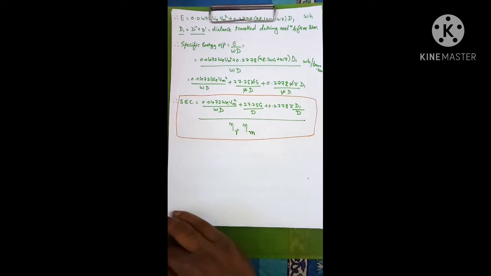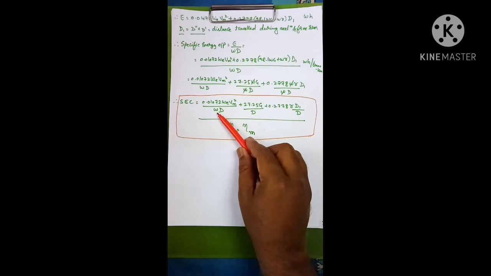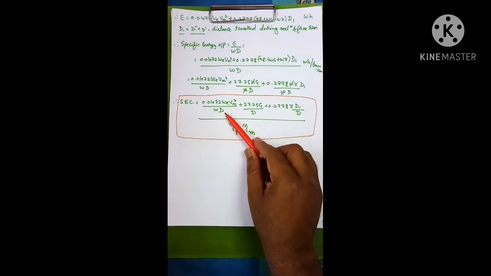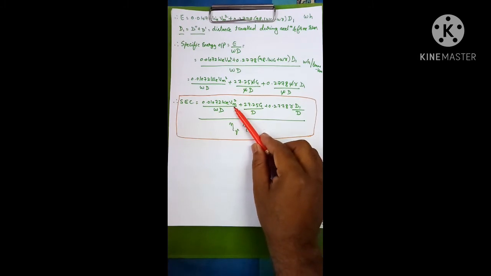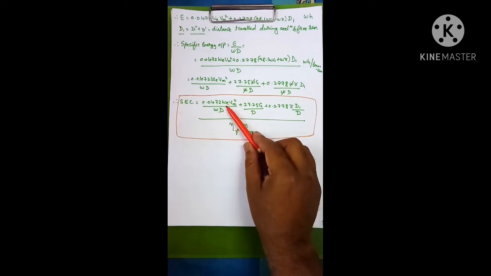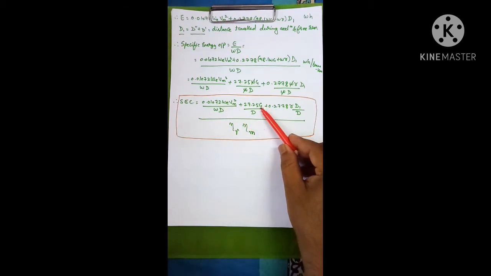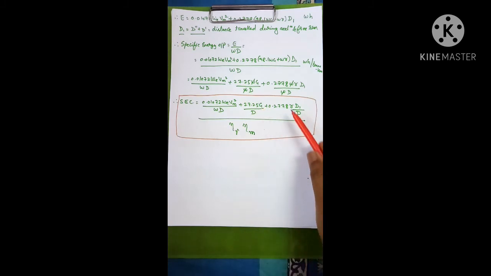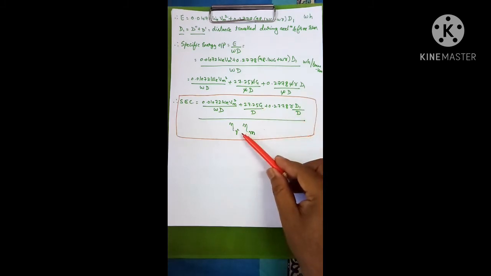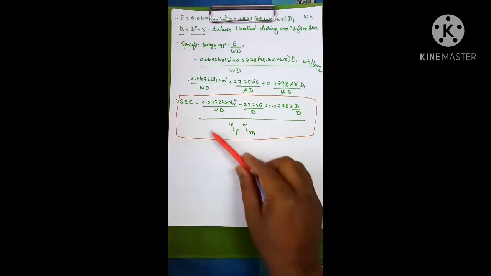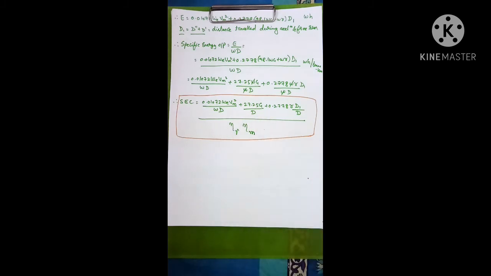the specific energy consumption. So we can say that the weight of the train in tons, the distance traveled in kilometers, the maximum speed of the train, the rotational inertia weight of the train, the gradient of the track up or down, the resistance of the train, the efficiency of the gear, and the efficiency of the motor. So these are the factors which are going to affect the energy consumption for a particular journey.